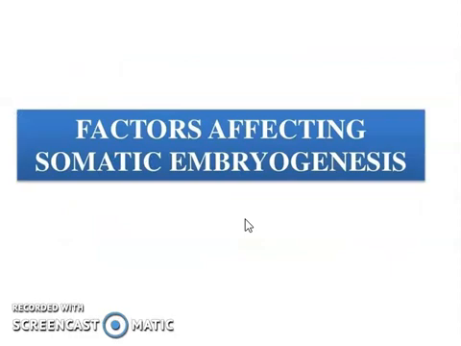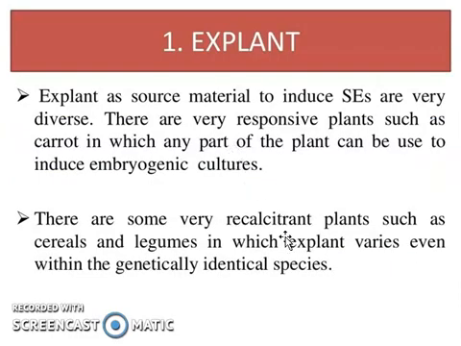Now what are the factors which affect somatic embryogenesis? First is explant. Explant is used as a source material to form somatic embryos. There are different types of explants which can be used. There are very responsive plants such as carrot, in which any part of the plant can be used to induce embryogenic cultures. There are some very recalcitrant plants such as cereals and legumes, in which the explant response varies even within